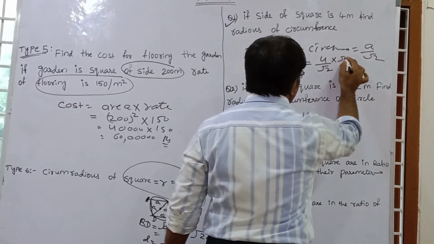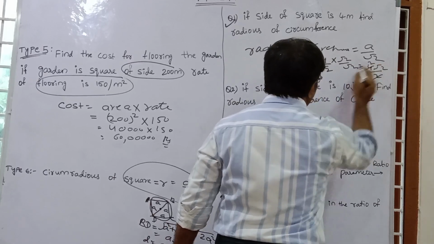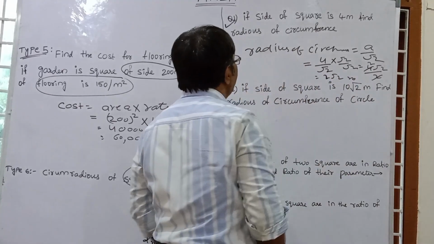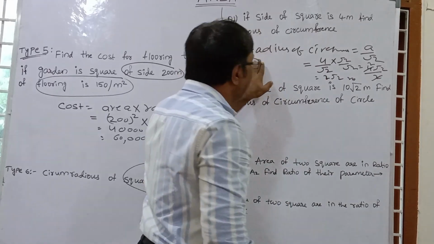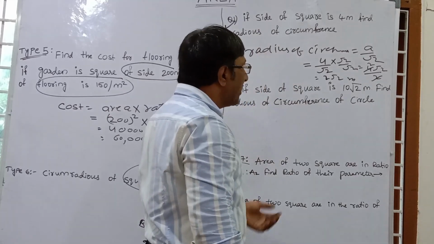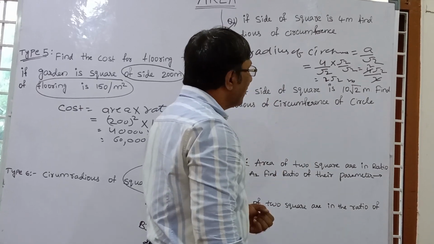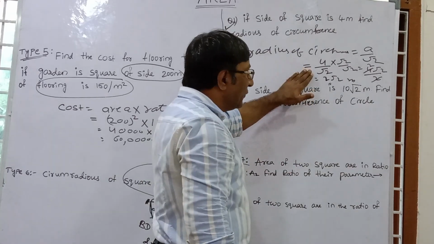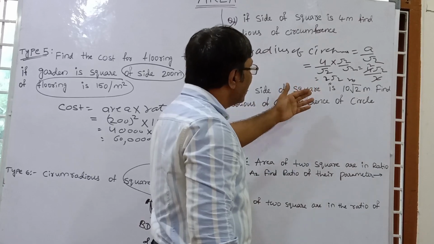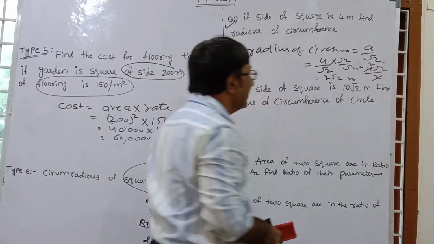So you multiply by root 2 over root 2 and you will get 4 root 2 by 2, that is, 2 2s are 4. So your correct answer is 2 root 2 meter. The main funda is that the circumradius formula is A by root 2. When you know this formula, you can solve this type of question very easily just by seeing it. Side is given 4, so the circumradius is A by root 2, that is 4 by root 2. Now we rationalize, multiplying root 2 in numerator and denominator. So you get 4 root 2 and root 2 into root 2 is 2. So 2 2s are 4, and 2 root 2 meter is the correct answer.